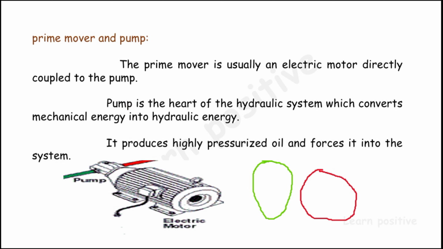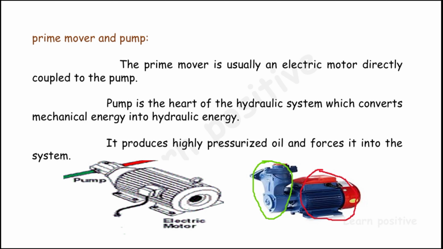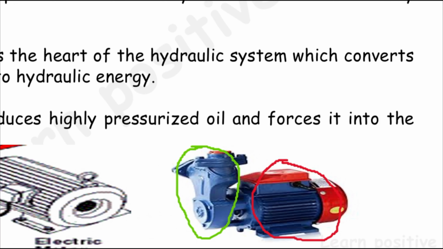In our physical world, we are using the motor I have given in the image. The red circle indicates the prime mover, that is the electrical motor, and in front of it the green circle is a centrifugal pump. It is directly attached to it. So when we switch on the motor, it runs the centrifugal pump. The centrifugal pump sucks the hydraulic fluid from the reservoir to the delivery port. So this is the original image of the pump we are using live.